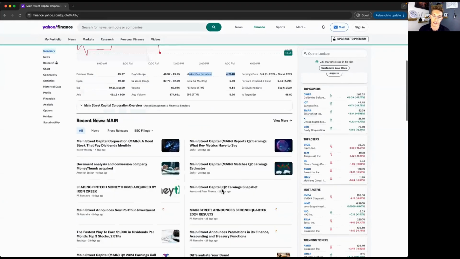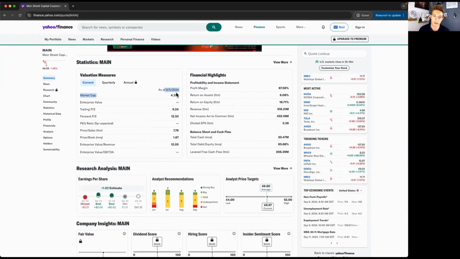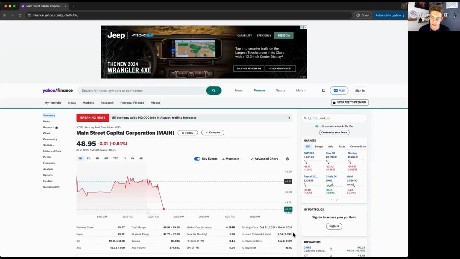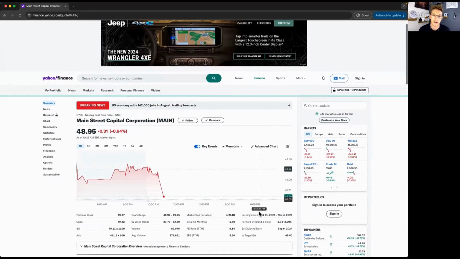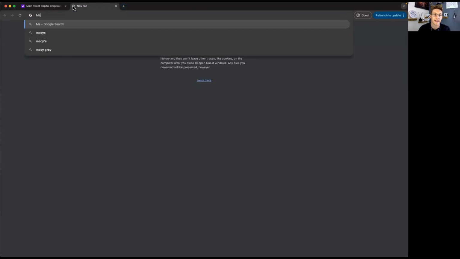Next, we want to look at EV, enterprise value. Now that is not calculated here. That is shown in these statistics, and it shows them as of the day before. Enterprise value is not shown, and I don't know why it isn't shown here. Sometimes these aren't right. I did notice too, dividend yield is wrong on Yahoo Finance here. So we'll look at this. I'll explain why too. But first we want to find MAIN